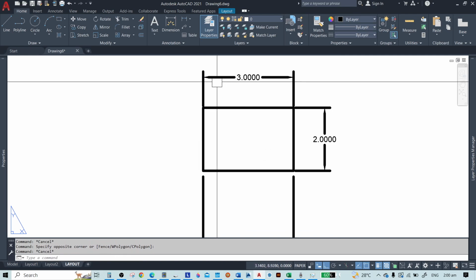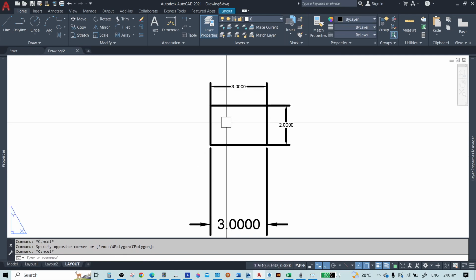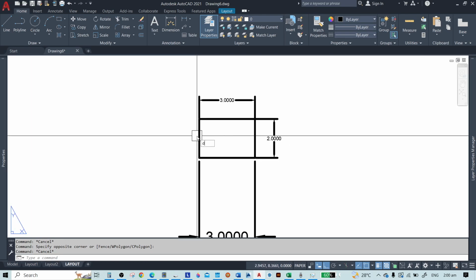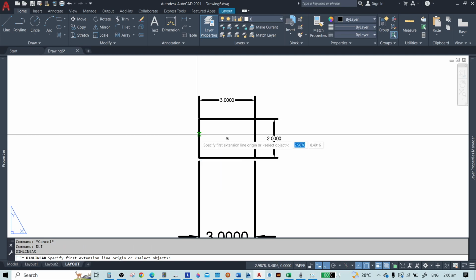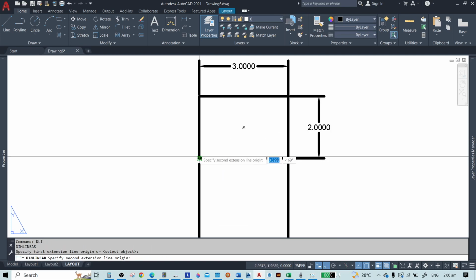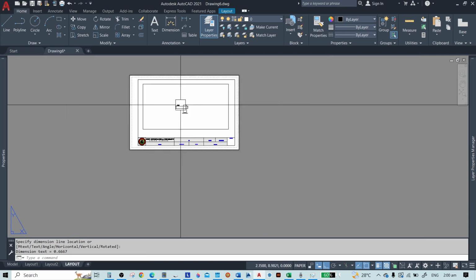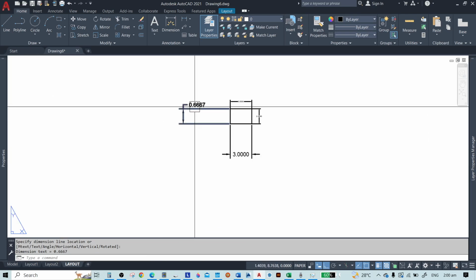Okay. So there are some instances that this could happen. So that's why it is not convenient. This is one of the reasons why I don't want you to do the dimensioning here in the model, because there are times that this happens.